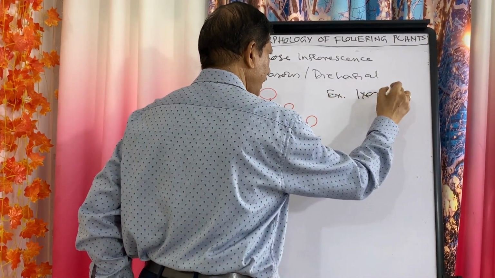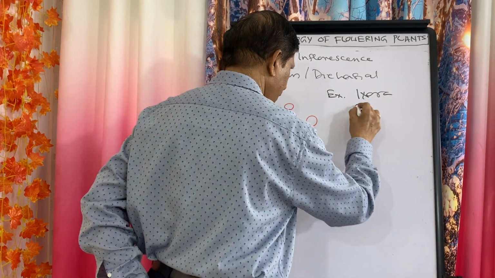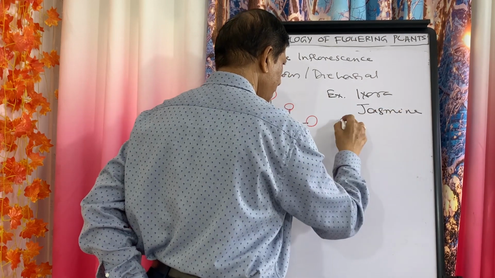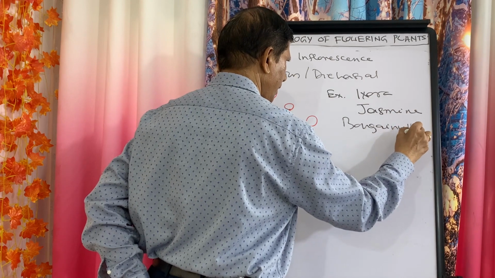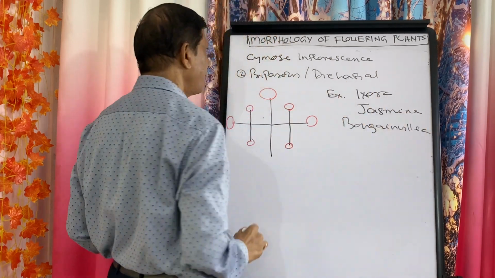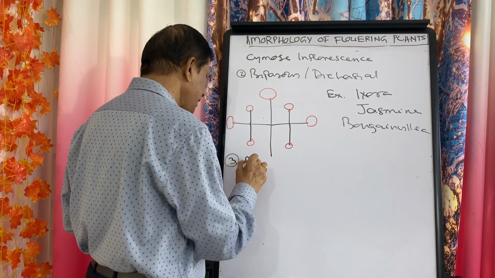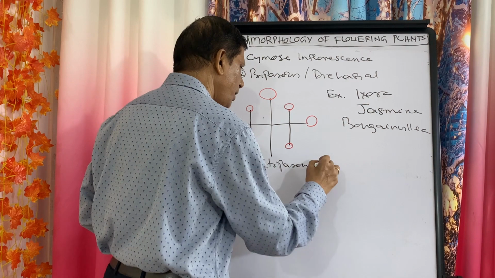Ixora. In case of Ixora, it is commonly found. Also, it is found in case of jasmine, as well as in case of bougainvillea. These are very common. And the third type is multiparous or multichasial,